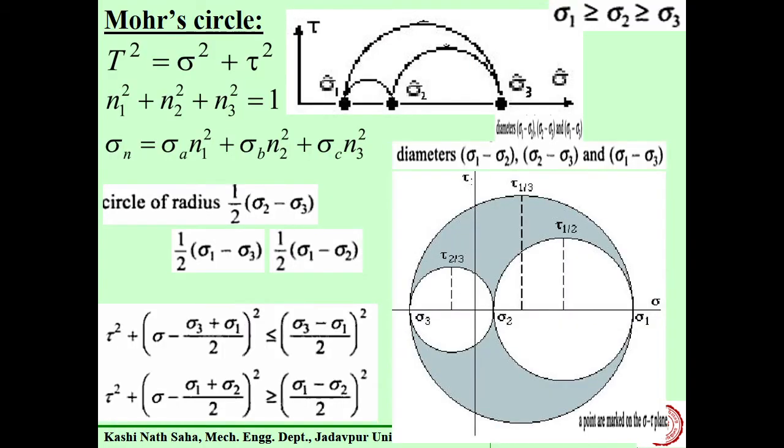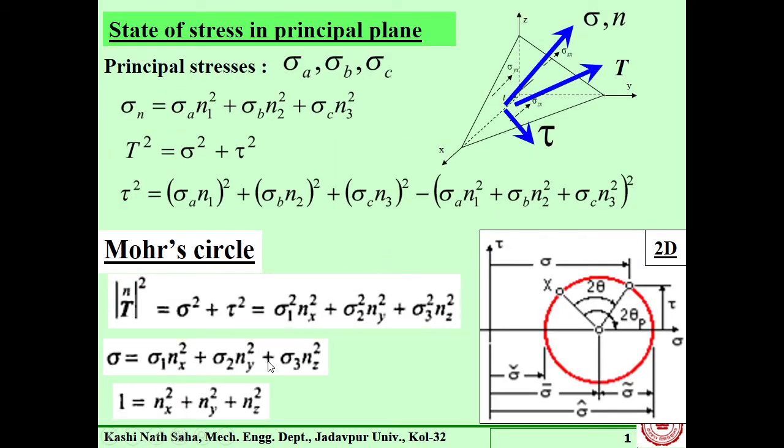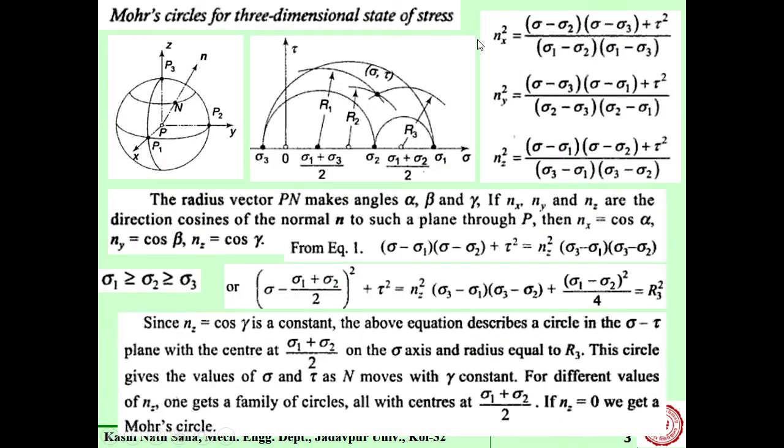You see now, we had three basic equations, right? From these basic equations, let us solve for nx, ny and nz. That is possible? Yes. So, if we carry out that analysis, then we will get these equations: nx square is given by this, then ny square is given by this, nz square is given by this.